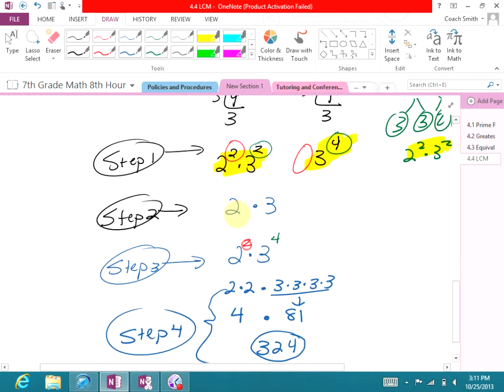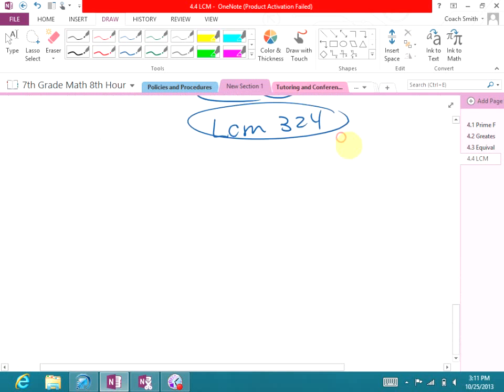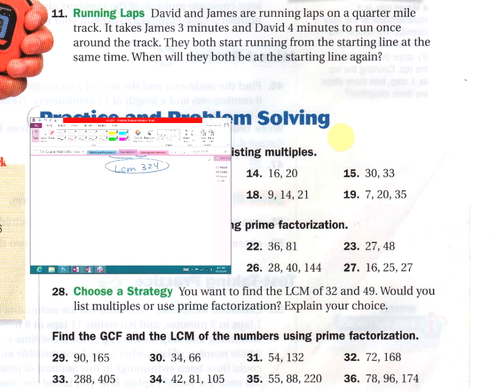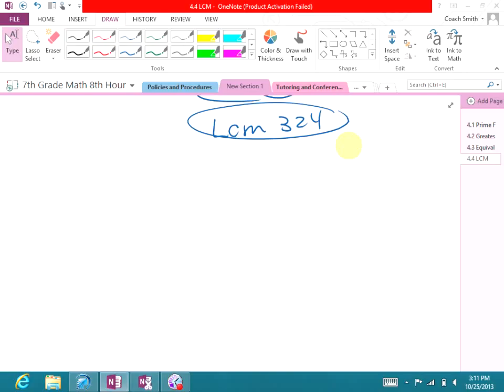Okay? Now, let's see, let's do one that you have 3 numbers. So the LCM